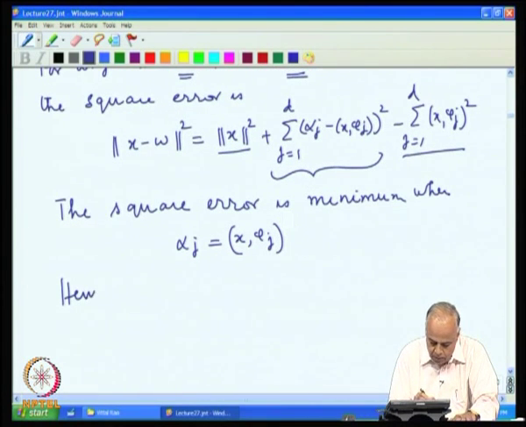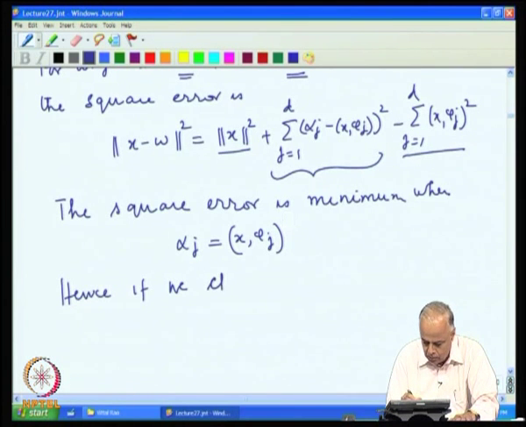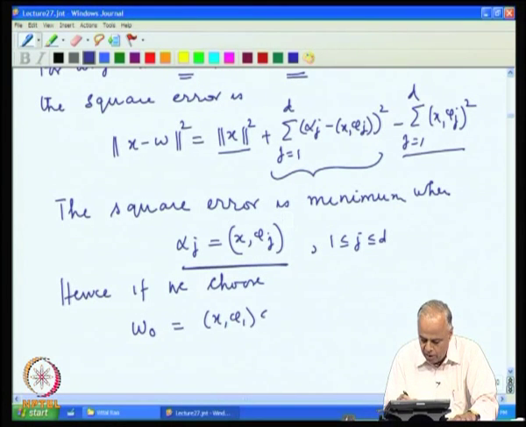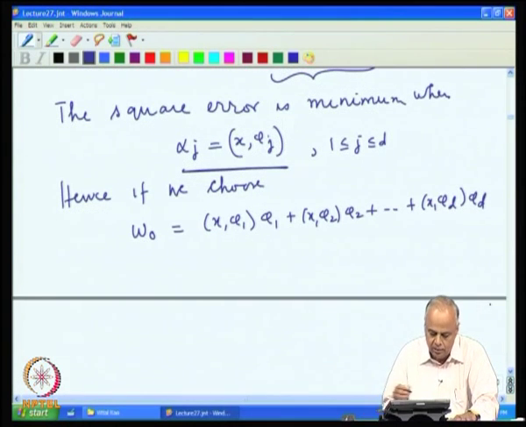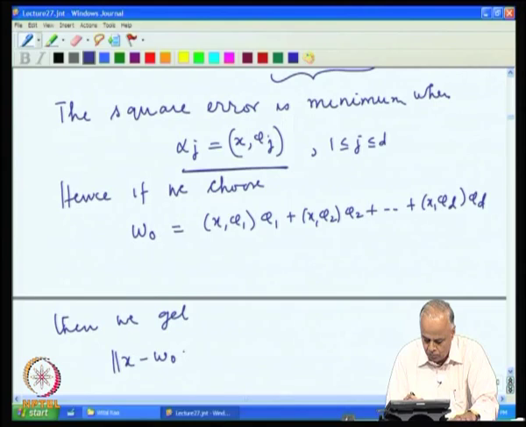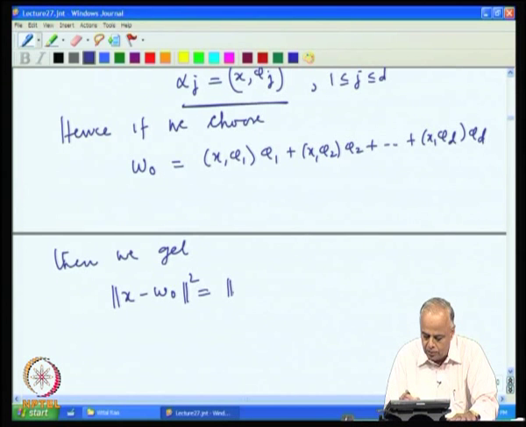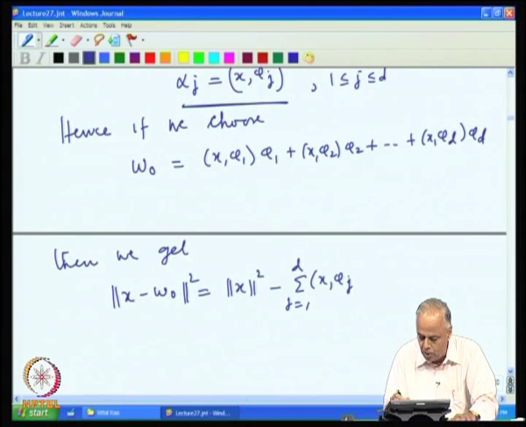Hence, if we choose w naught to be equal to, by choosing these values of alpha 1, alpha 2, alpha d, we get x phi 1 phi 1 plus x phi 2 phi 2 plus x phi d phi d, then we get the error is obtained exactly as norm x squared minus summation j equal to 1 to d x phi j squared,